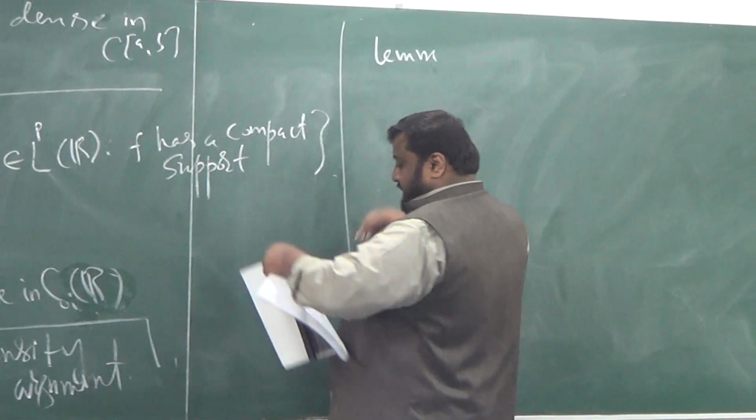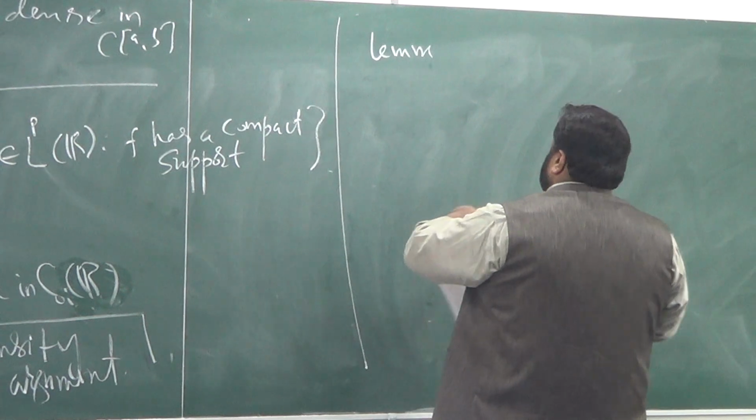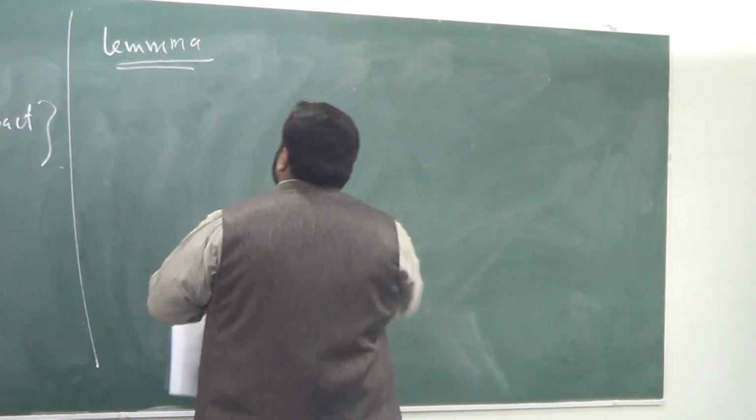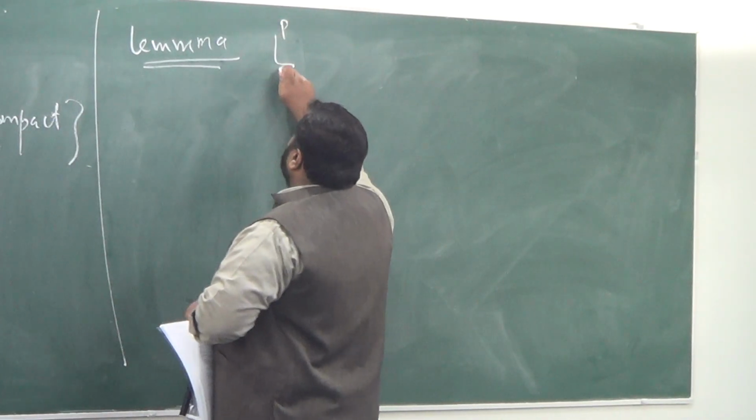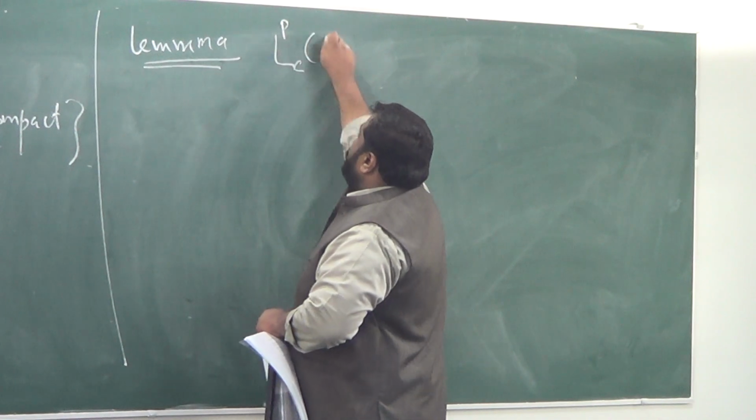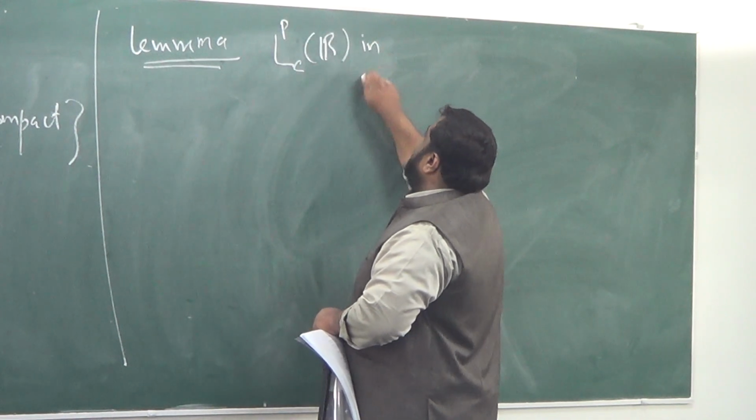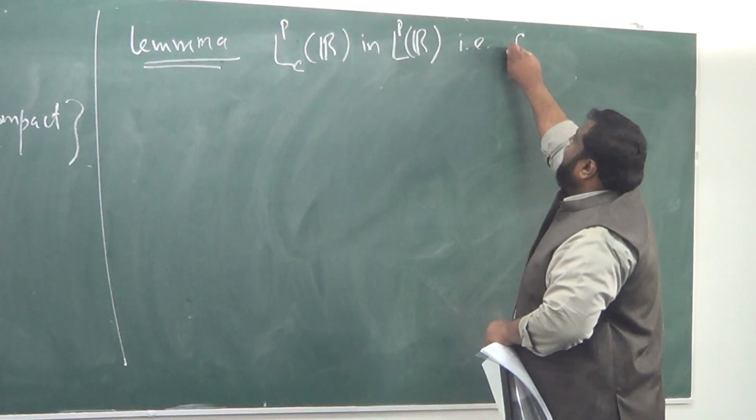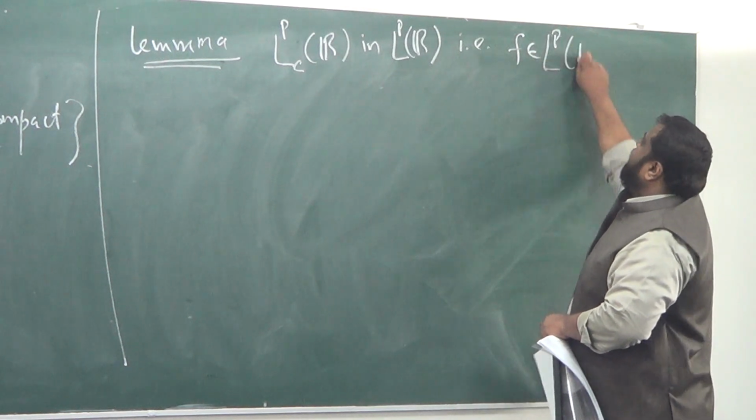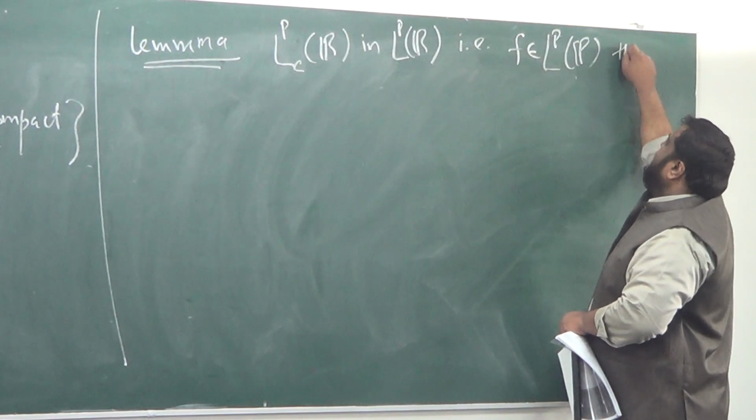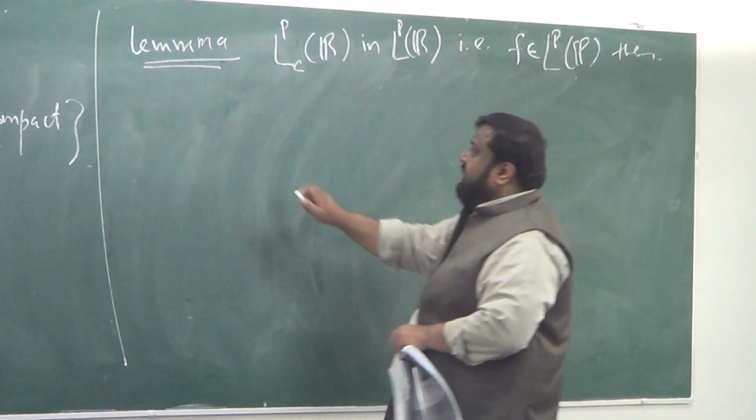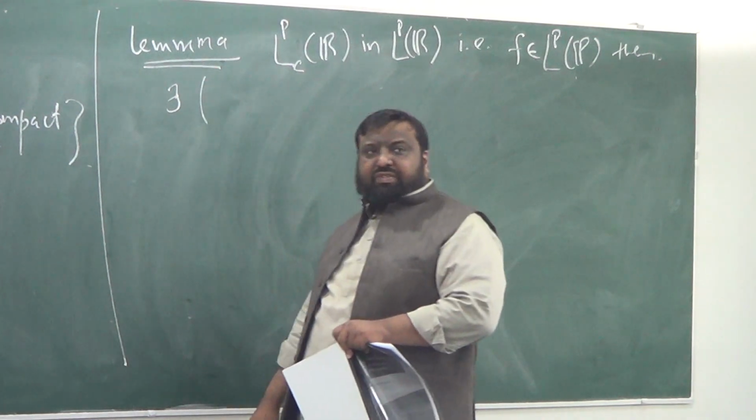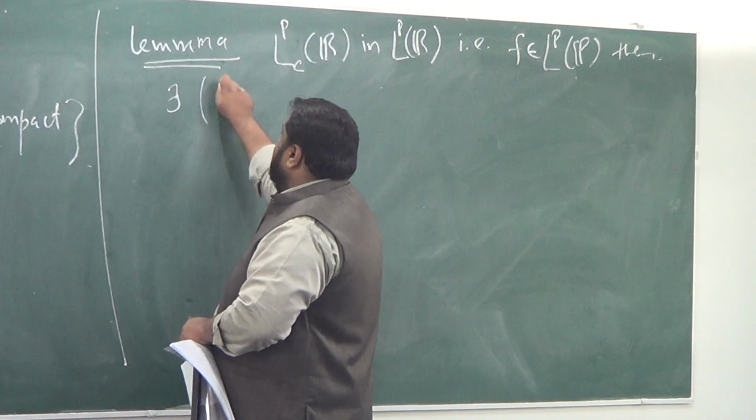I'd like to prove a lemma. The lemma says that this space of p-integrable functions with compact support is dense in L^p of R. That is, if you pick an element which is p-integrable, then there exists a sequence of functions. But I can be very specific about this sequence of functions: